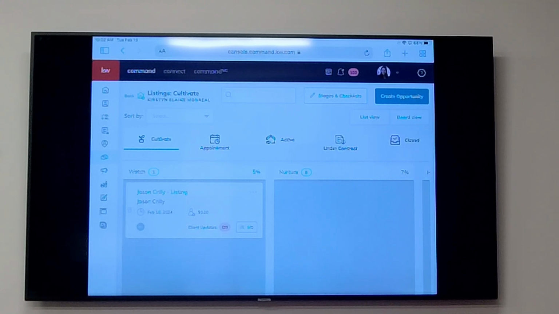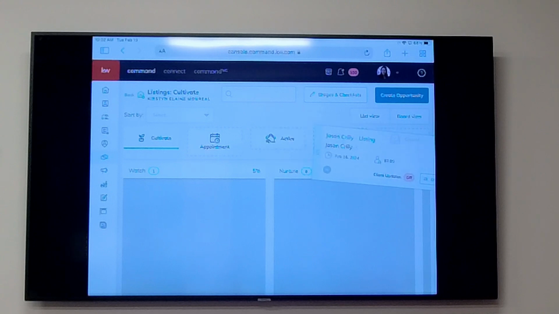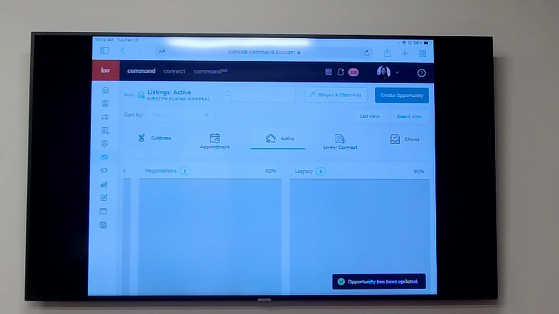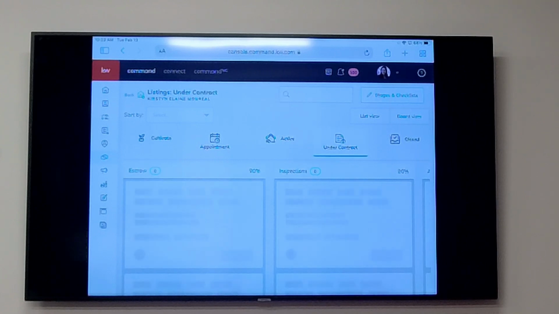The Market Center cannot see your opportunity unless it's active. I see it a lot where people try to submit and their opportunity is still in appointment. It has to be active, so just make sure it is active before you do that. So we're going to move it over to active, under